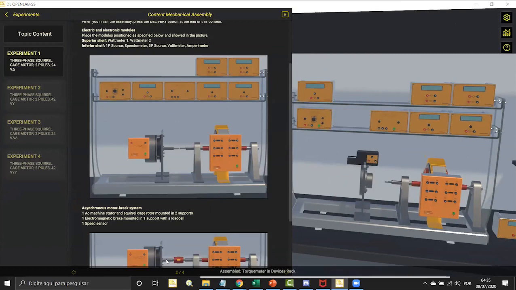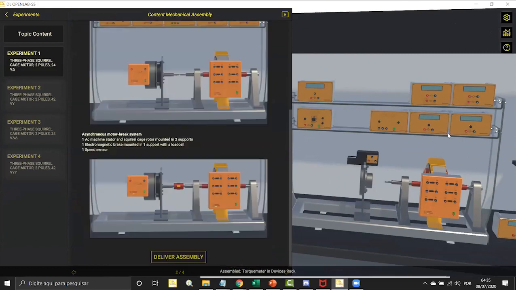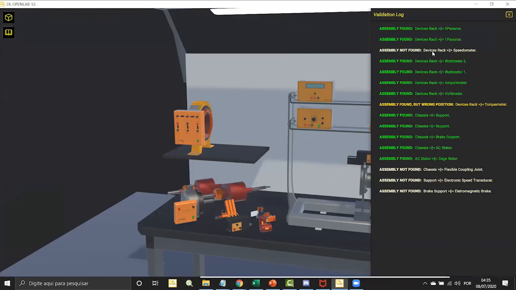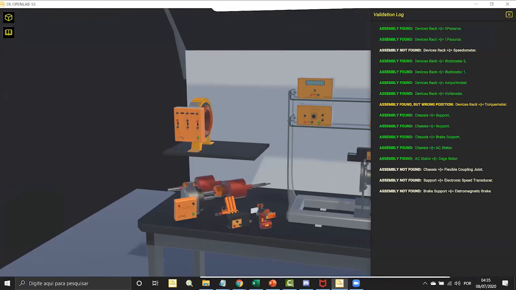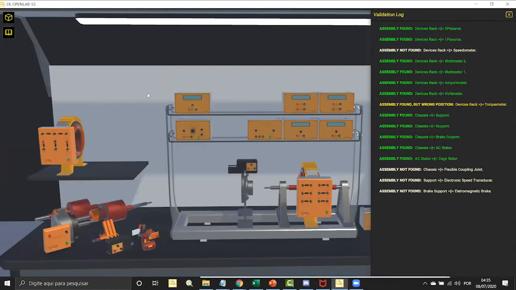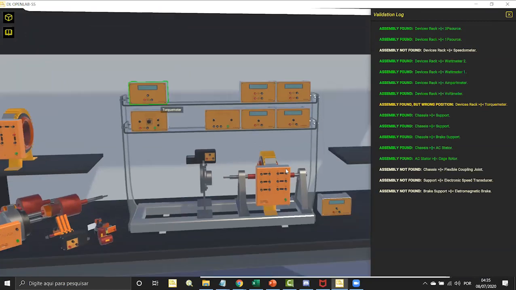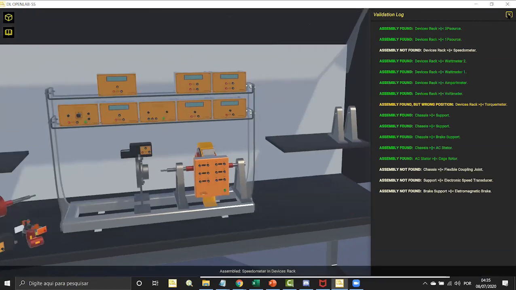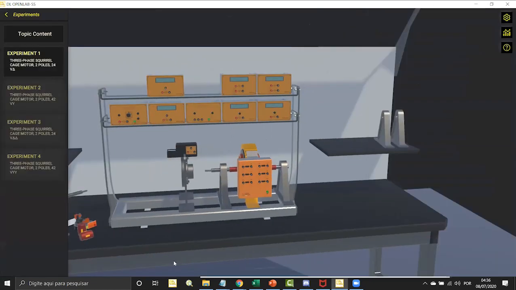Okay, so if I try to deliver it, then the software tells me there is something missing. It's a speedometer, and the tachymeter is in the wrong position. So I can solve that by placing the tachymeter correctly and putting the speedometer here. So if I try to deliver it again,